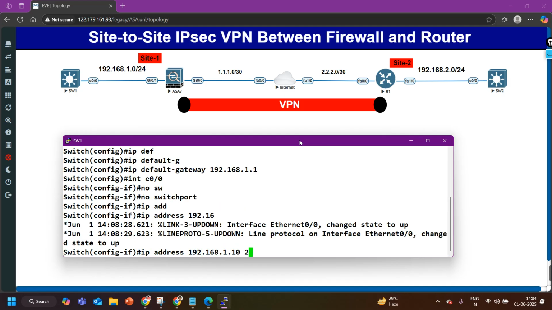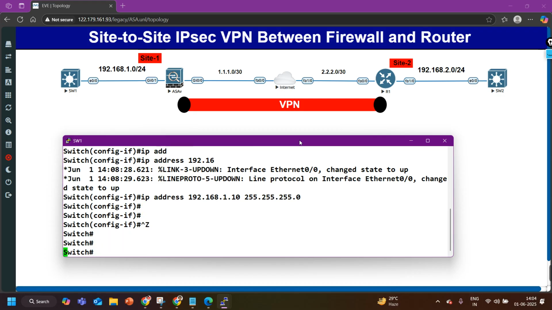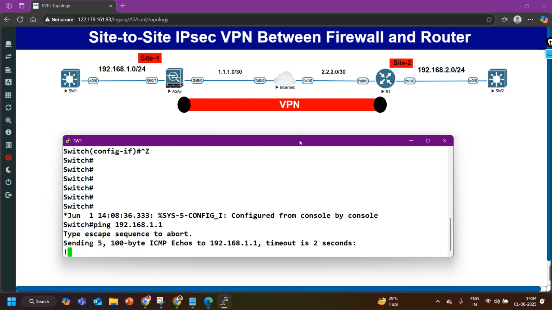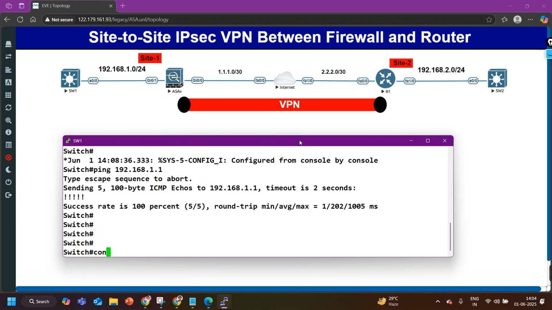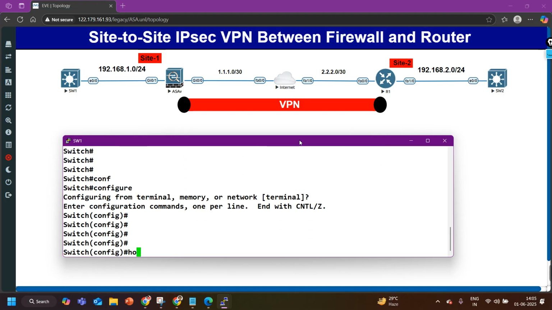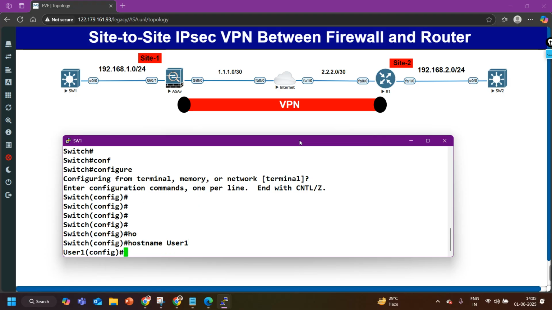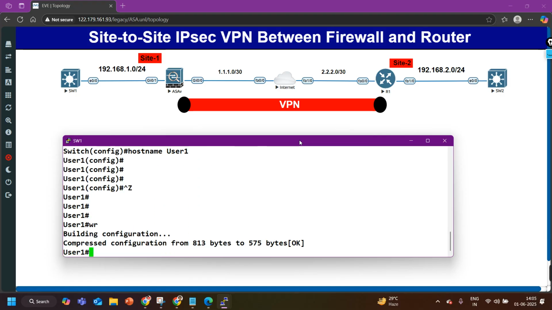192.168.1.10 for an example, 255.255.255.0. Very good. Now let me ping the gateway, ping 192.168.1.1, and you can see ping is working. Let me change the host name of this device. Host name, let's say user1. Okay, and let me save the configuration here,